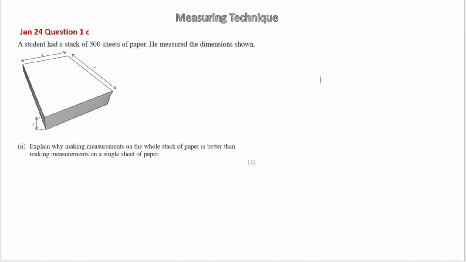Next up, the question says, a student had a stack of 500 sheets of paper. He measured the dimensions shown. Explain why making measurements on the whole stack of paper is better than making measurements on a single sheet of paper. For this, I want you all to recall the equation for percentage uncertainty, which is uncertainty divided by measured value